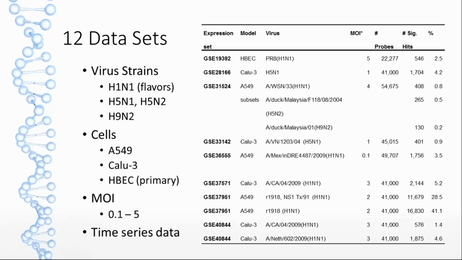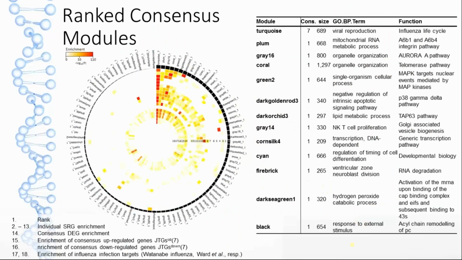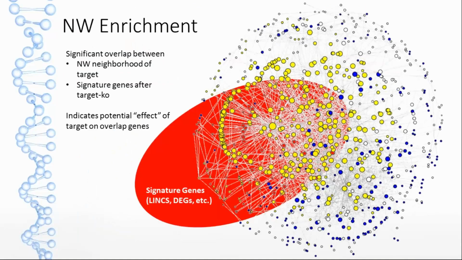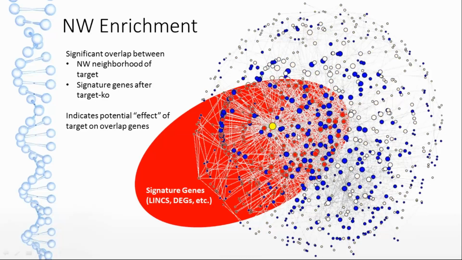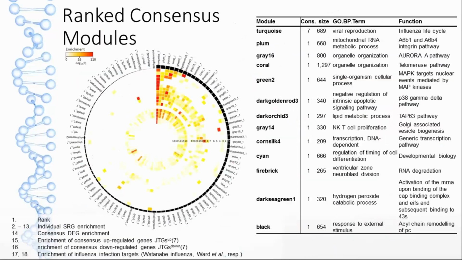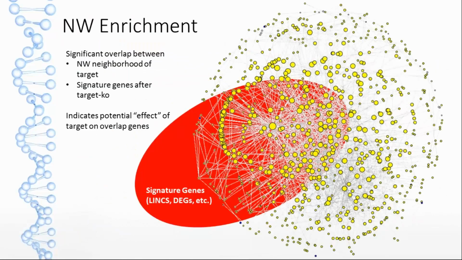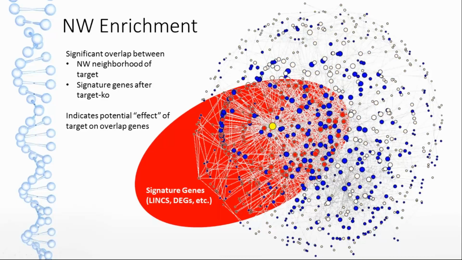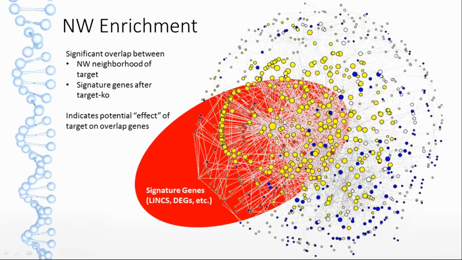Correct. And that's what I tried to show in this slide. I have my co-expression network, which is the blinking nodes here. Of course I always have to match. DOCK5 is a bad example, because DOCK5 is not in the LINCS data set. But if I have, for example, an NS1 binding protein in my co-expression network, and I have an NS1 binding protein which is knocked out in the LINCS data set, then I look at the